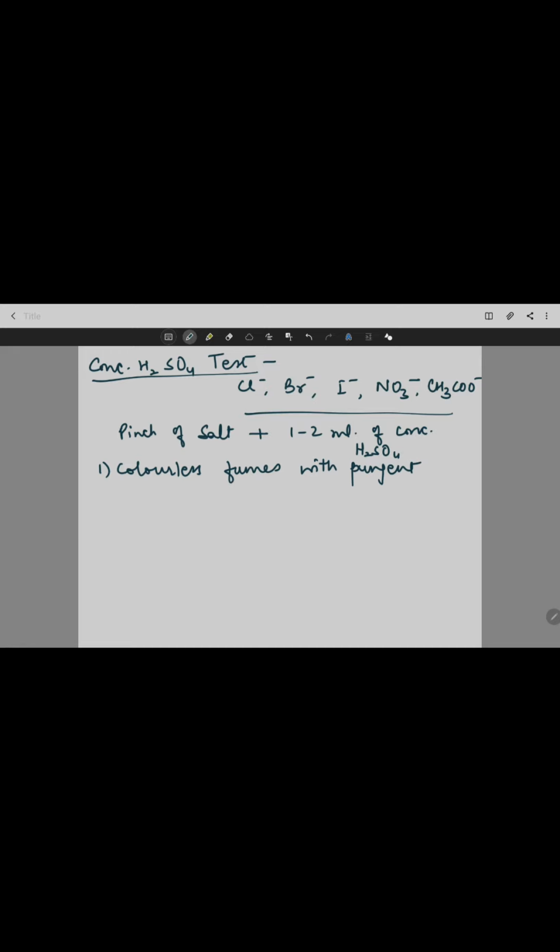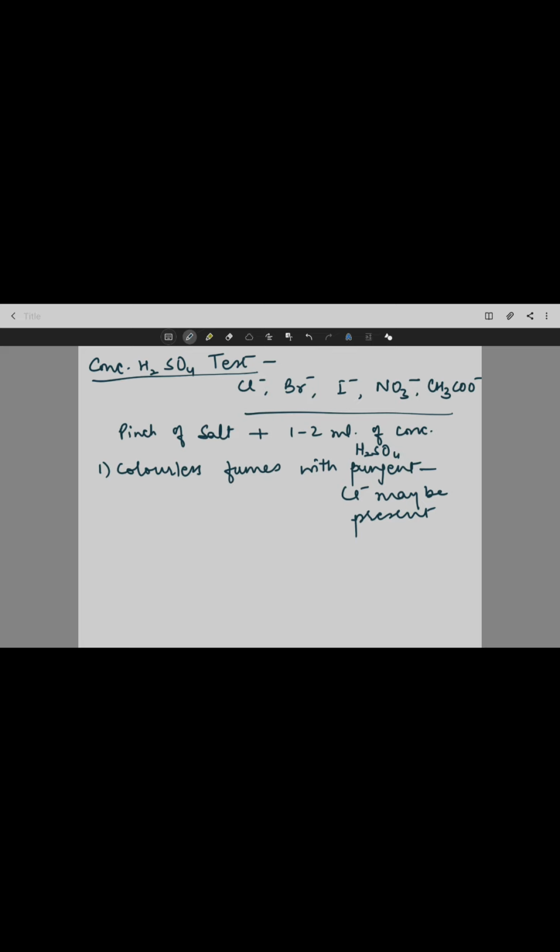If it is colorless fumes but there is a smell, what type of smell? That is pungent smell. Pungent smell means the smell which causes coughing. So if you get that pungent smell and the fumes are colorless, and if these fumes blown across the mouth of the test tube appear white, then we conclude that chloride may be present. Now how can we further confirm it? That is with the confirmatory test.